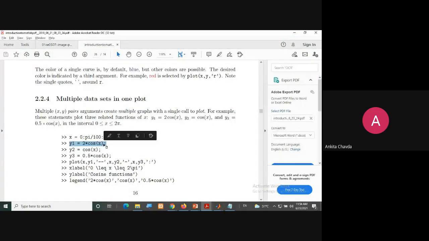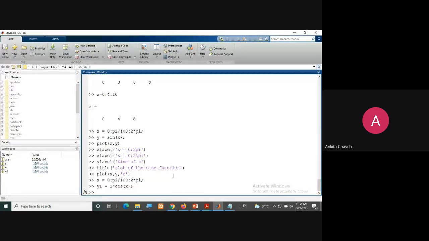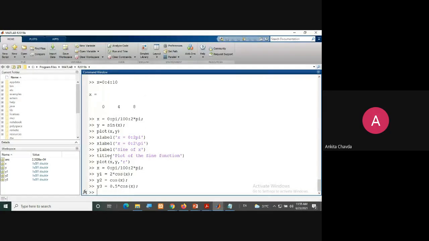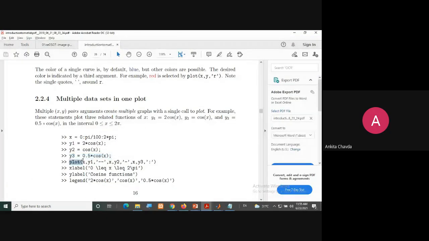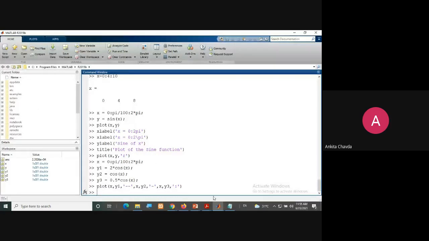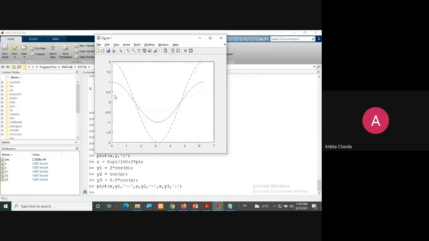First is your x, that value I have given. Then y1, that is 2 into cos x. Then y2, that's only cos x, and y3 equals 0.5 into cos x. Now I am plotting x y1, x y2, x y3 with three different line patterns, so they will show you these three different values.